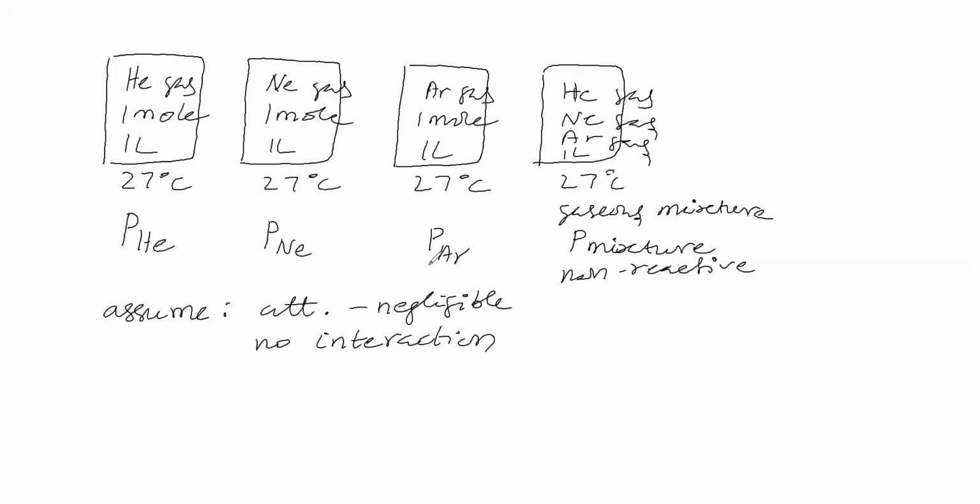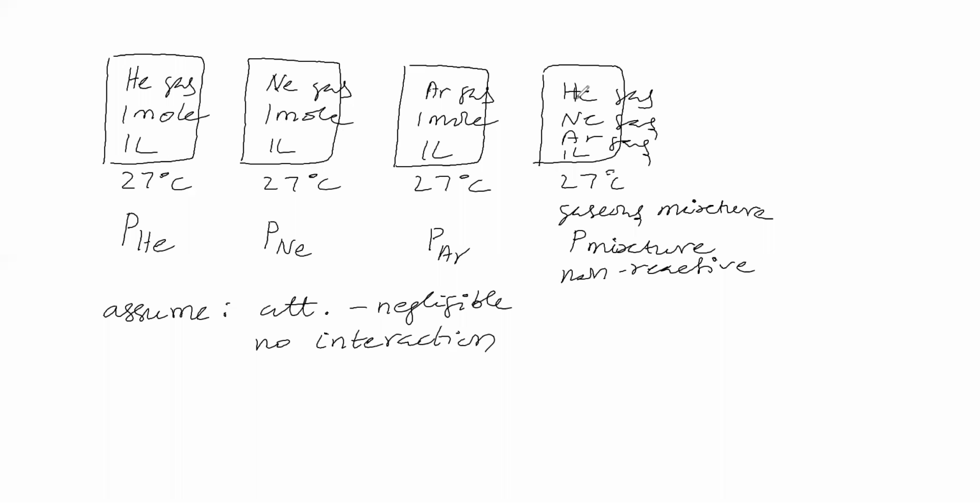The distance between gas molecules depends on temperature, volume, and pressure. If you provide the same temperature and the same volume, as we are providing in all the vessels here, the distance between gaseous molecules will be the same. But if we change the number of moles, the distance will change. Here 1 mole, here 1 mole, here 1 mole. Therefore, the distance between gaseous molecules in these three vessels remains the same because volume and temperature are the same.